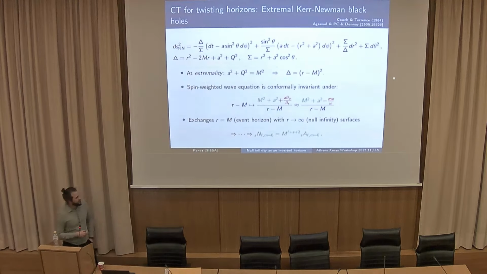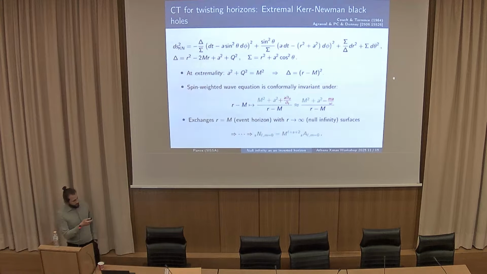Okay. Now let me start generalizing stuff, because the correspondence I mentioned was pretty limited, right? It involved null infinity of asymptotically flat spacetime, and a horizon that had two very specific properties. The horizon was extremal and non-rotating. Now I'll give some hints that this is probably generalizable without these constraints, although I don't have an explicit answer of how this happens.